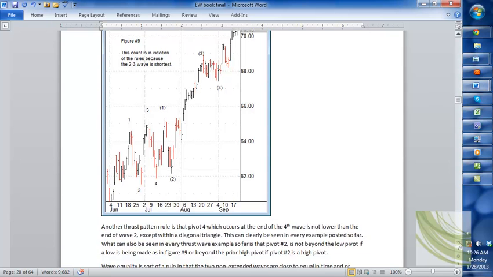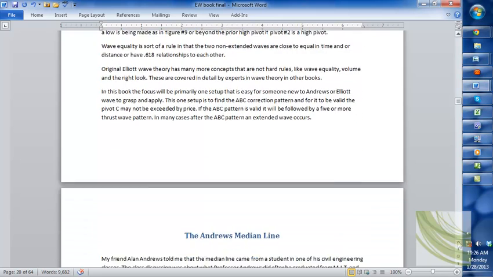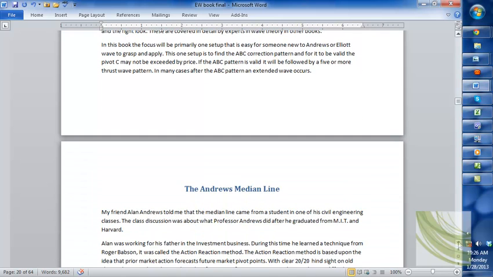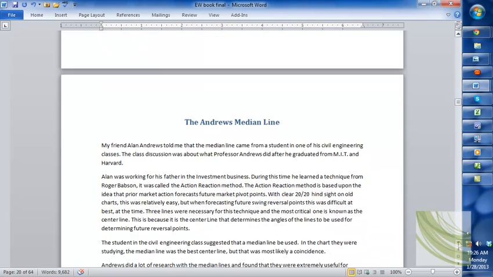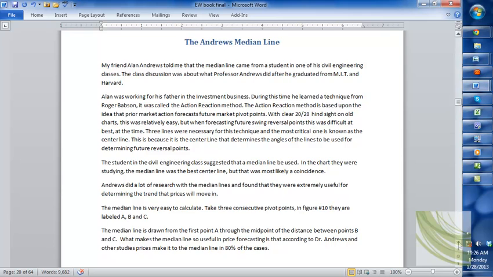Okay, but I'm not so sure that that's really that important. What's probably more important is that more often than not, the extended wave occurs in the 3rd wave, right? Okay, so